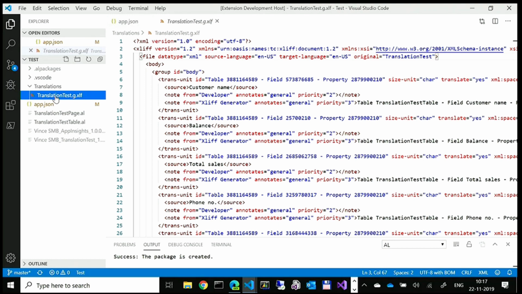And it's a pretty simple format. It contains some translation unit like this. And there's a source tag here that contains the original string in the original language. And when you need to translate your extension, you just add a tag underneath called target, which contains the translated string in the target language, which we indicate here. And when you do that, so that's if you translate manually,